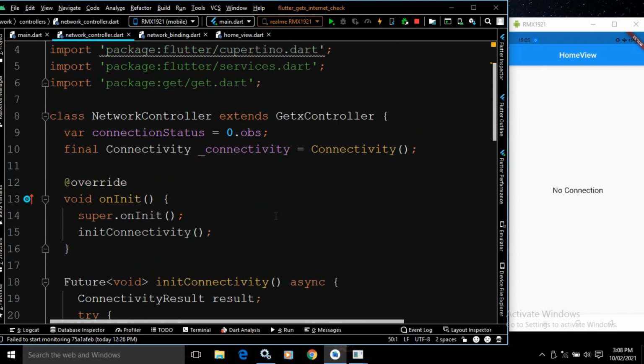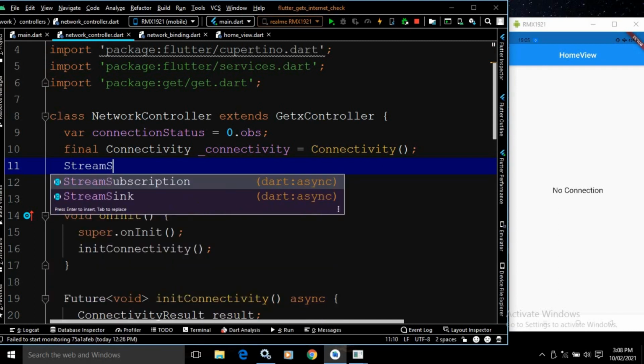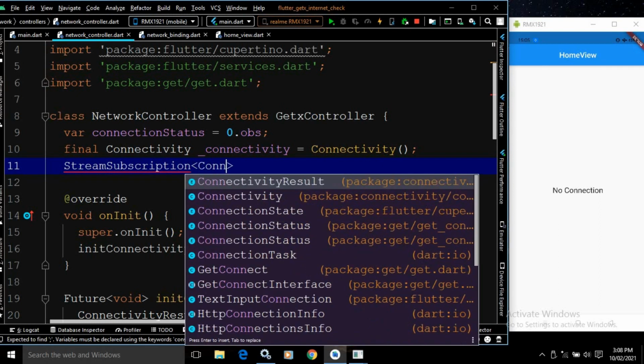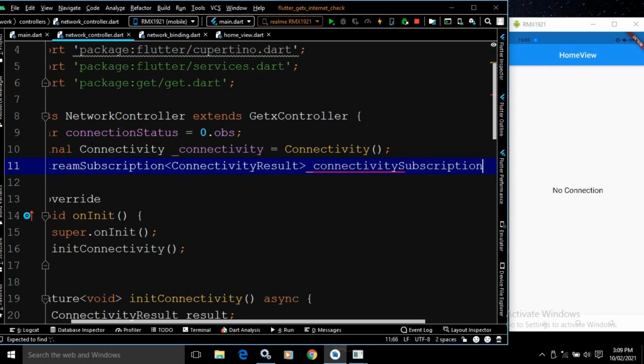Here, after init connectivity, first of all, to listen for the network changes, we need to write stream subscription, and it will take the type as connectivity result. After that, I will give the name as connectivity subscription.